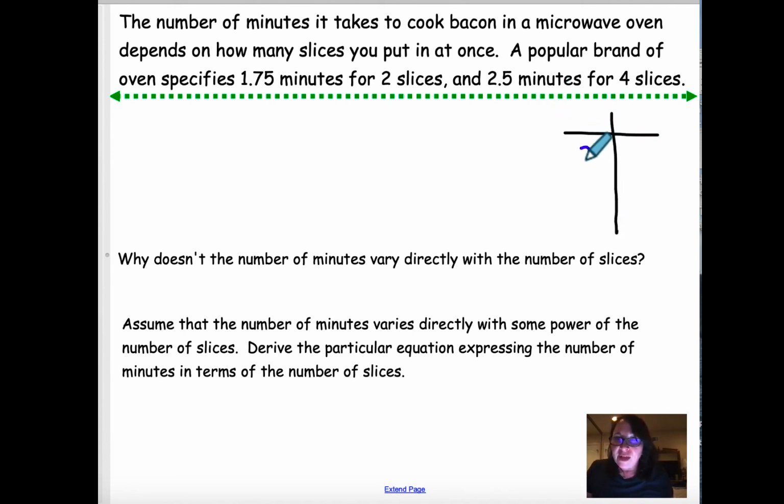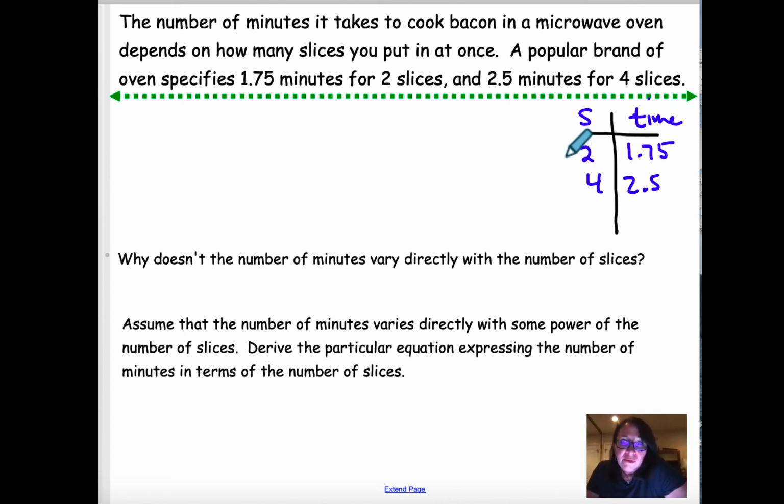So we've got 2 slices, and I'm going to make this x and y. Oh, no, I should use the letters they gave me. I think it was S and something else. Maybe minutes or seconds. Slices. Okay, so here we go. We've got our slices, and T is minutes for time. 2 slices gave me 1.75 minutes, and 4 slices gave me 2.5 minutes. So, what does it say? Popular brand, okay. Well, that's all they give me. So now I have to come up with an